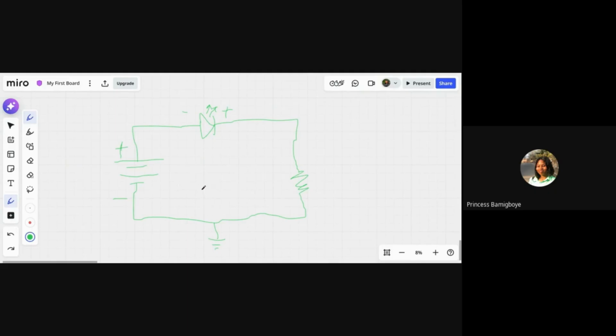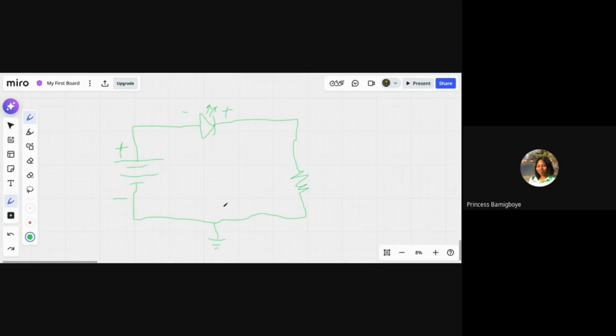This circuit cannot be complete without this ground, because if the ground is not here, current may not know where to stop or to continue from. Let's say ground is the end point of any circuit. Yes, the electricity will keep flowing and flowing until you eventually unplug the power source, remove the power source, or turn off the switch if there is a switch.